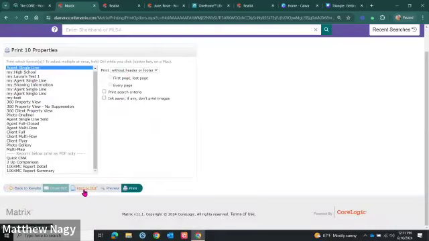I do like too that you can print to PDF rather than printing to paper, and then you can save that PDF as a file and email that file. You even see you can email the PDF. Okay,